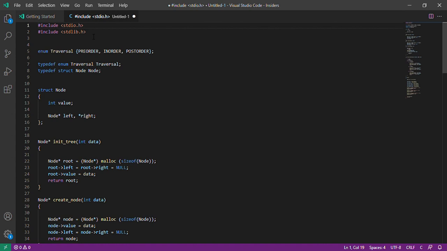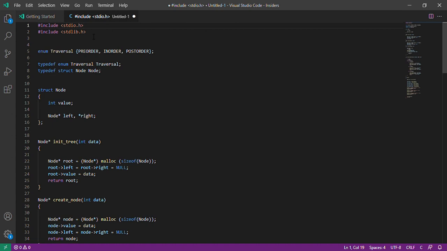Then last, post-order traversal. In a post-order traversal, the nodes are traversed according to the following sequence from any given node. First, if a left child exists, it will always go to it first. Then after visiting the left subtree, it will move to its right subtree. After visiting the right subtree, it will finally visit the currently given node. Since the sequence is left, right, then node, it is referred to as post-order traversal since the node is visited last.